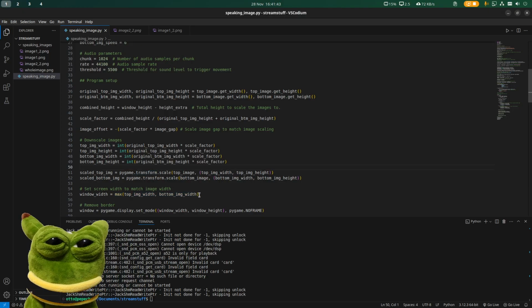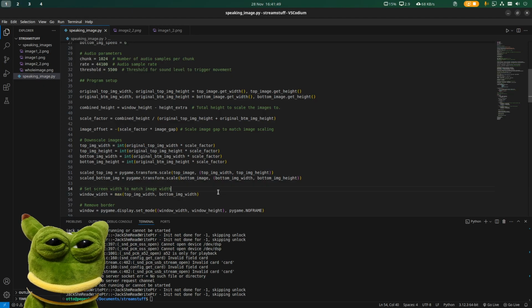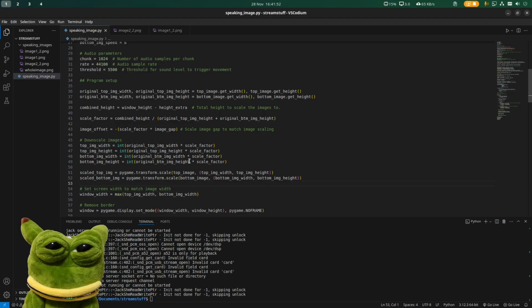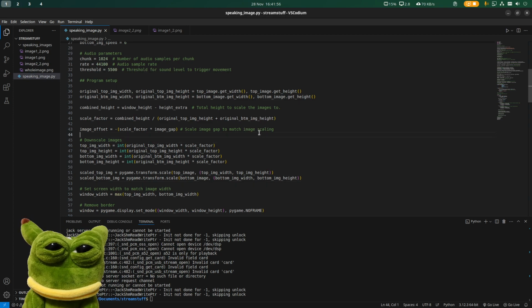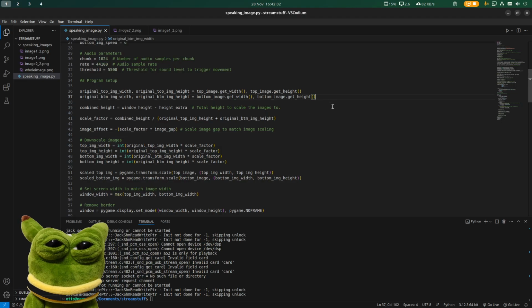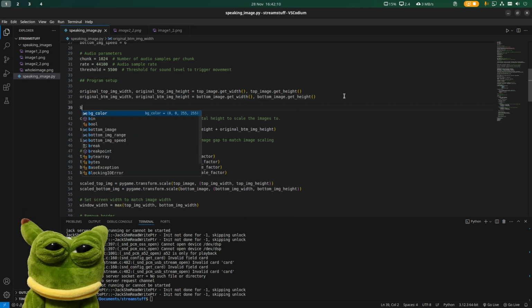Yeah, because we want to change the original scaling. Well, obviously we want to keep this as it is, but we want to define here... yeah, so I want to define